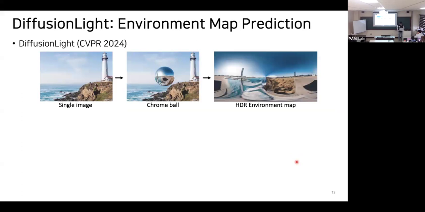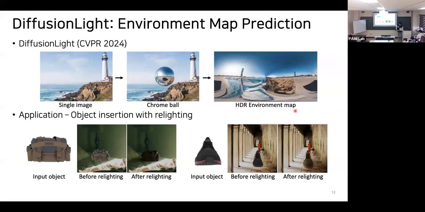So now we know how to make an HDR environment map from a chrome ball, and it's clear that the goal of DiffusionLight is making this HDR environment map. And how can we use this HDR environment map? We can use